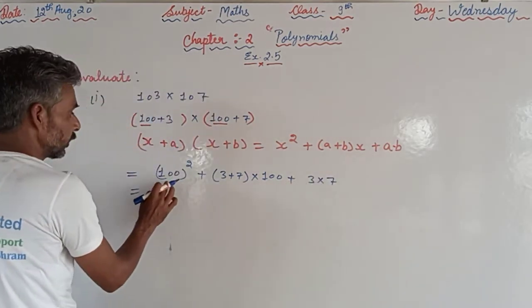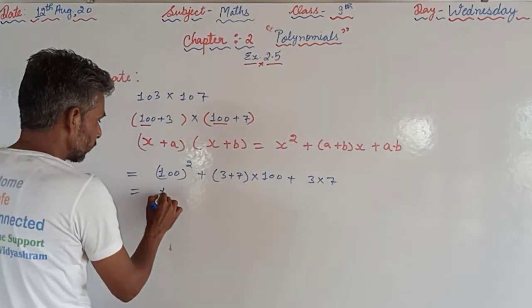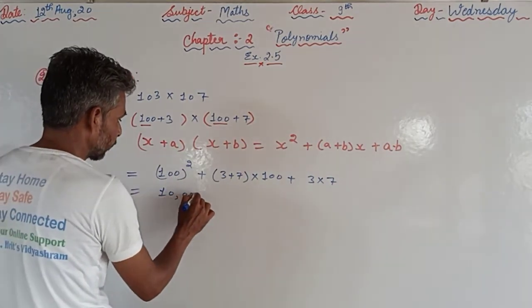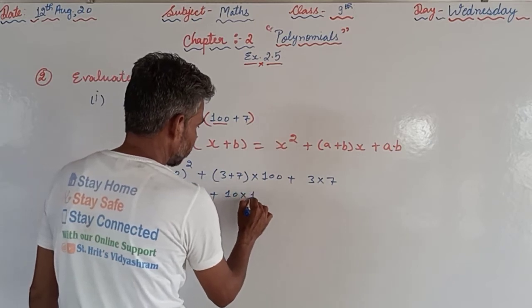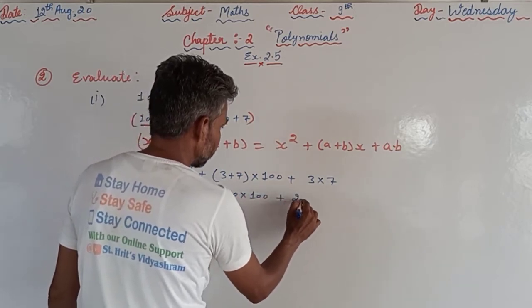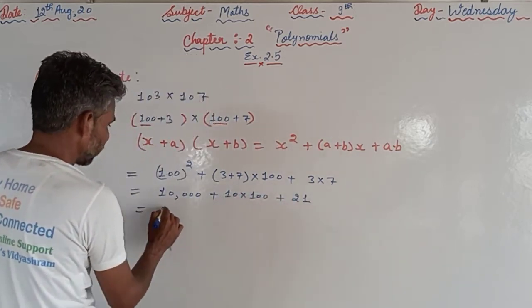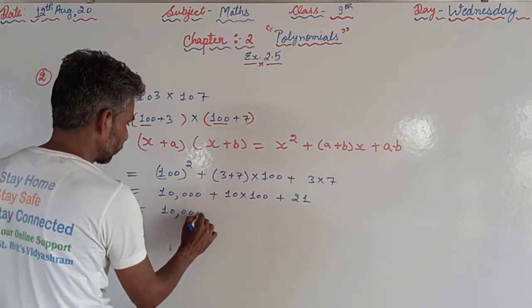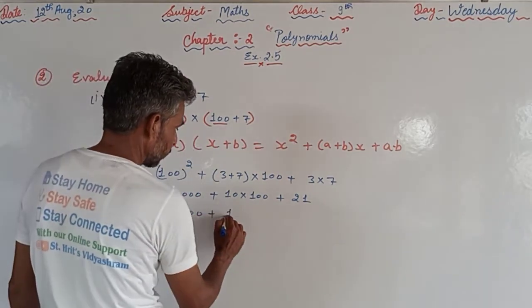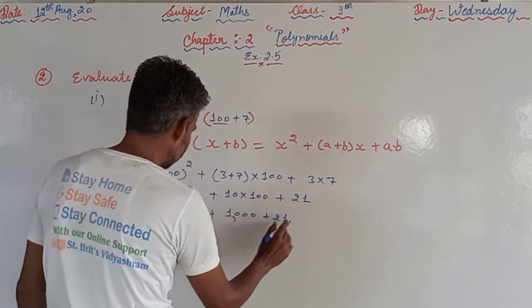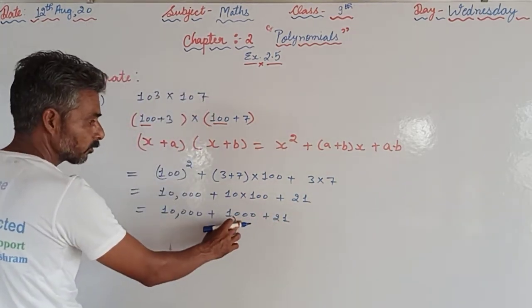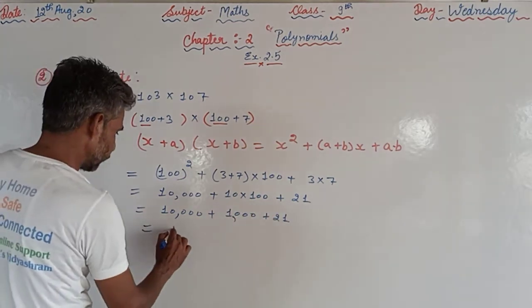So that will be 100 square means 10,000, plus 10 into 100, plus 21. Again we can write 10,000 plus 1000 plus 21, that is 11,021